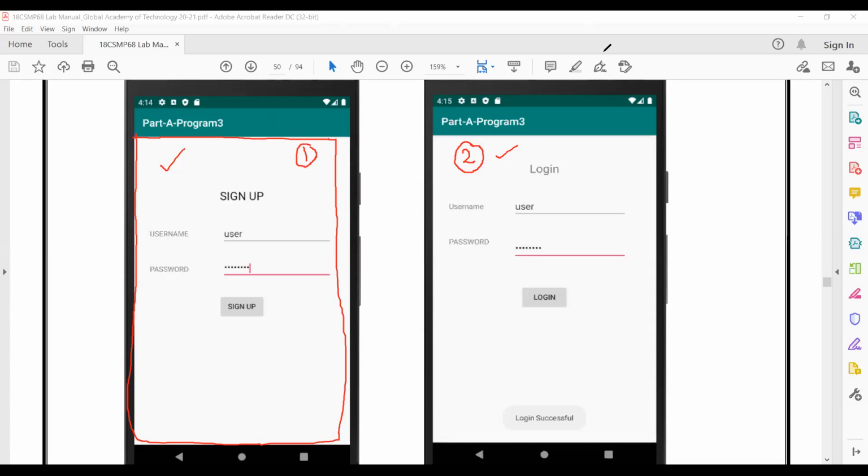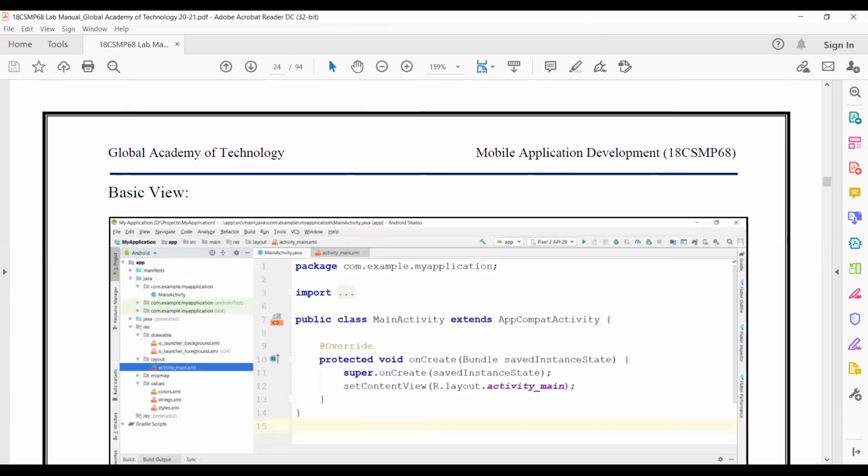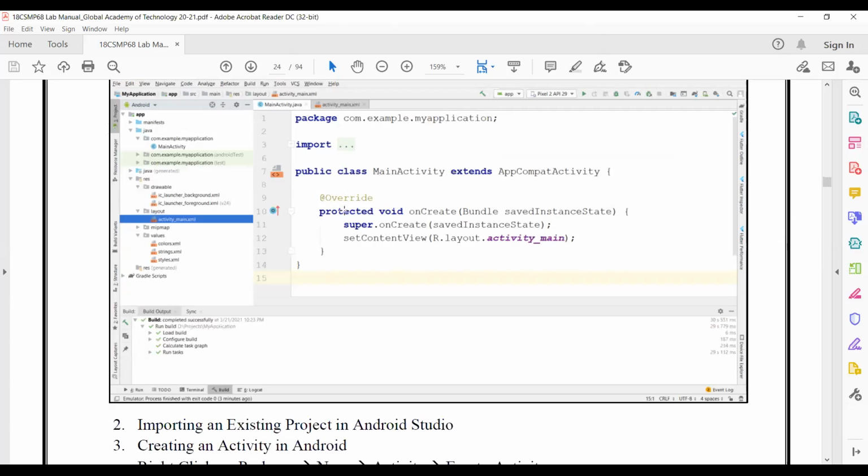In order to add an activity to your project, let me clear it. Let me go back to page number 20. You see that on the left side, let me zoom it properly.